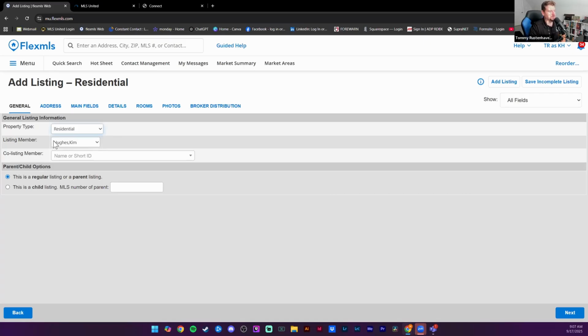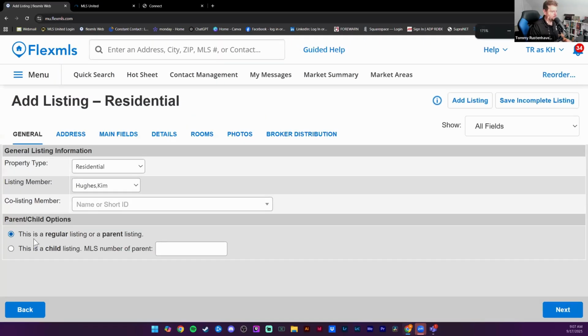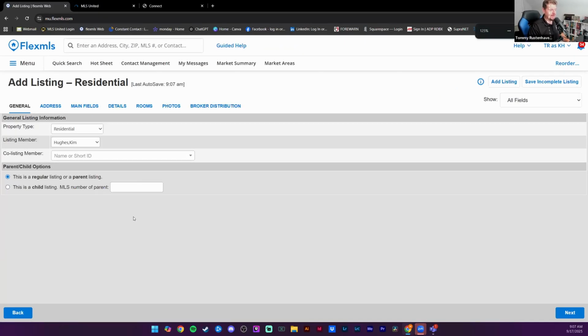Now, under listing member, again, your name will be there. You have the option to put co-listing member as well if you are co-listing this with another agent. But you noticed when I selected the property type, another option popped up here at the bottom and it says this is a regular listing or a parent listing, or this is a child listing, MLS number of parent. This is a question we get a lot. Like, what the heck is that? I will be honest, when this was added, I didn't know what that was. And I had to reach out to the COO, Robert Comwell, and ask him, hey, what's going on here? What this means,